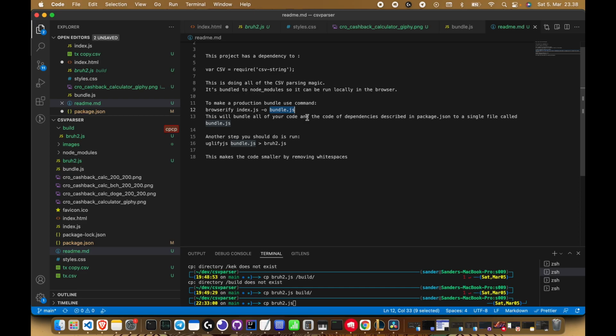I was using in one of my projects this npm package called Browserify, and what this does is, if you have an index file, for example, and you have dependencies in this file, whatever you're using, for example, I'm using this one, what you can do is